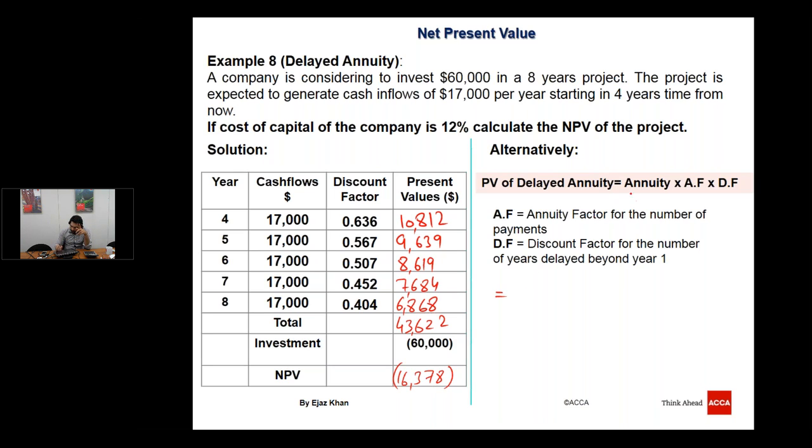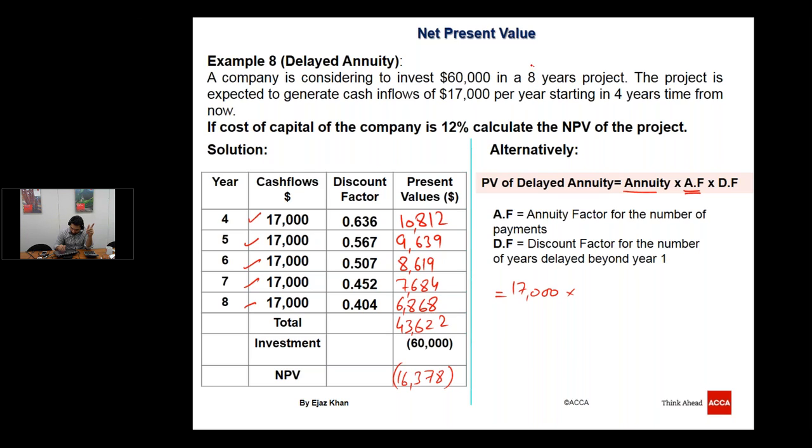So first we need to take annuity, which is 17,000. Then we need to take the annuity factor. Again, we need to take the annuity factor for the number of payments. The number of payments are 1, 2, 3, 4, 5. And if we don't have this table available, we can just calculate the number of payments from the question as